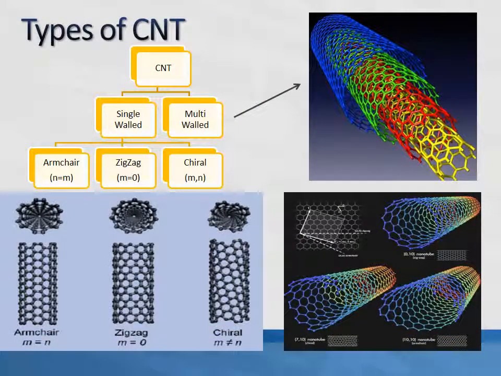Now, types of CNT. CNT can be single-walled or multi-walled as shown in the figure. Multi-walled CNT are metallic. Single-walled CNT are considered to be one of the most promising candidates for post-CMOS application, mainly owing to their smallness and ballistic transport property. The band gap of a single-walled nanotube depends upon the chirality and the diameter of the nanotube. As I discussed before, depending upon their chiral indices n and m, the CNT can be armchair, zigzag, or chiral as shown in the figure below.